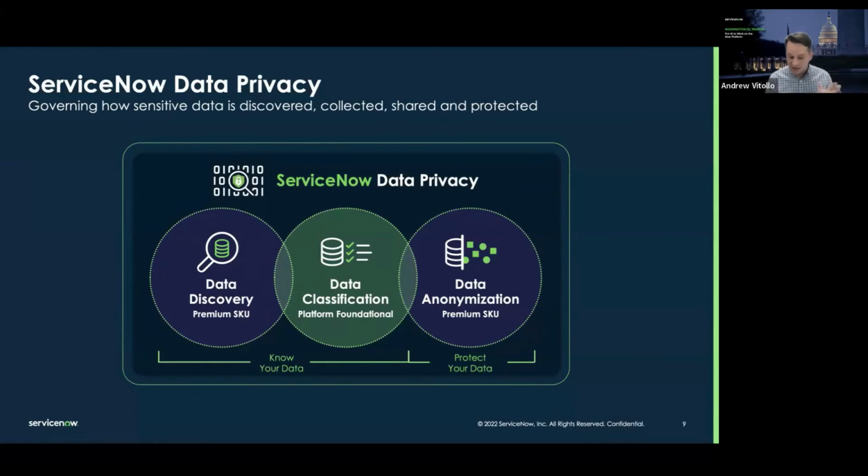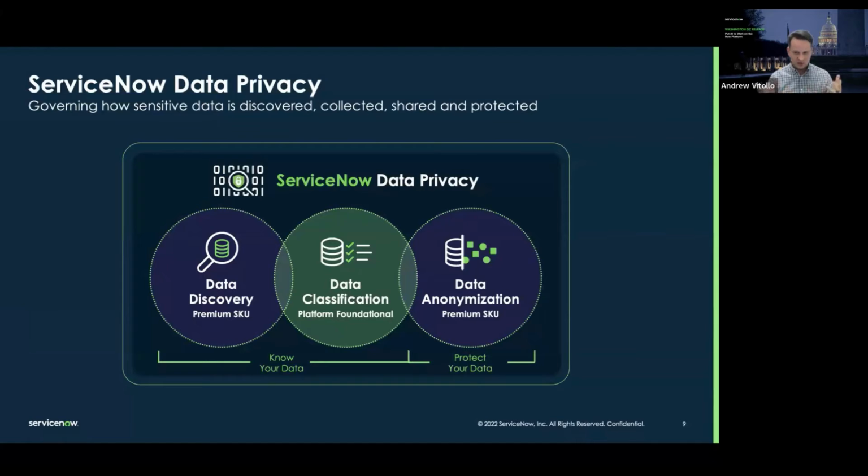Now, okay, you classified the data, you've discovered it. Well, sometimes the whole point, and why we want to mitigate the risk of data being leaked, even if we know it's sensitive data, is that storing it in plain text is not an option, right? We want to make sure that if an unauthorized, unintended party did access the data, the company would be safe from the data being potentially extracted, right? That's where data anonymization comes into play.